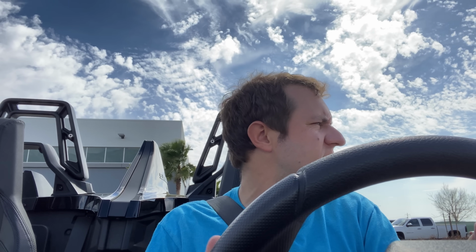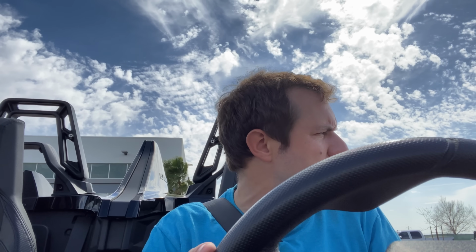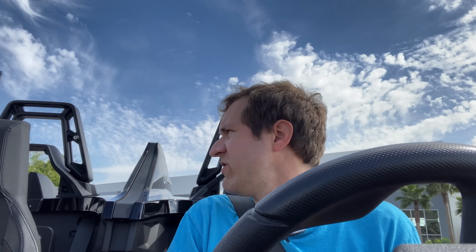All right, driving the Slingshot. Now you're supposed to wear a helmet in this thing for 2 reasons. One is a safety reason, because it's very open and it's kind of like a motorcycle. And the other is just pure comfort because there's no windshield, and so there's a lot of wind. But I would say where I live, I see one of these probably every week or so, and most people aren't wearing helmets. You're supposed to, but...